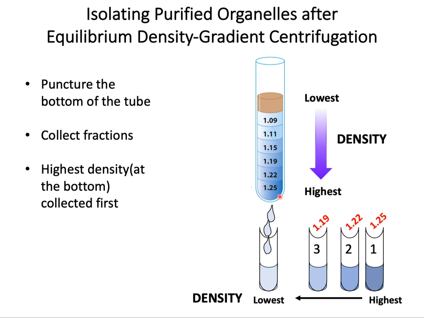To collect from the highest density to lowest, you collect set volumes into different tubes. For example, you collect 100 microliters in one tube, another 100 microliters in a second tube, and so on. Once you identify which tube has your organelle of interest, then you can conduct the biochemical or functional studies